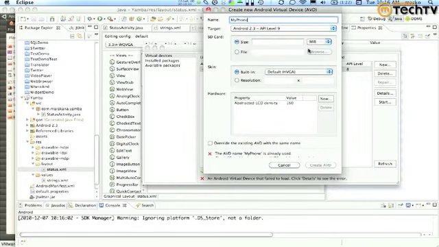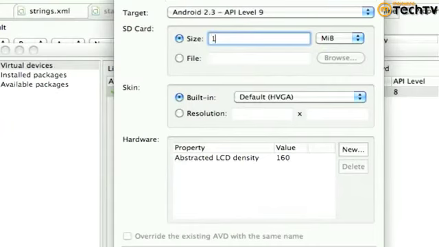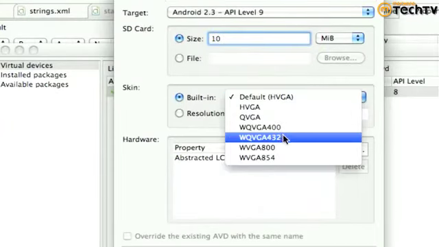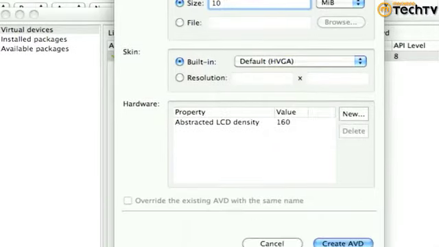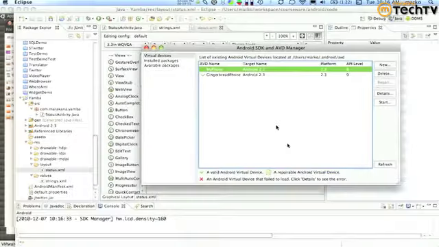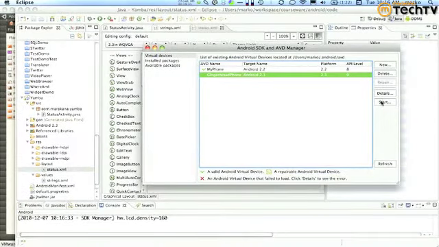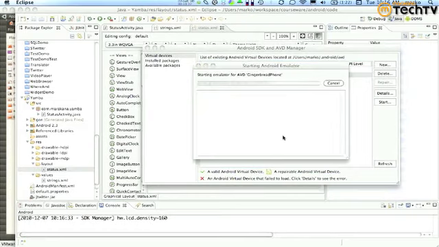I'll call it gingerbread, actually. Gingerbread phone. There you go. I'll put some size 10. I'll pick some resolution. I'll go with the default resolution, and I'll click create. And now I have my second phone, and I can start it as well, and I can have two phones